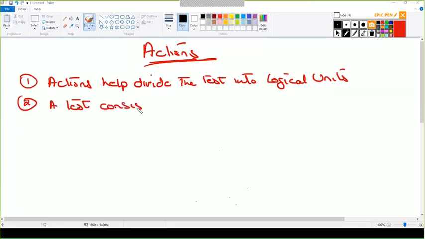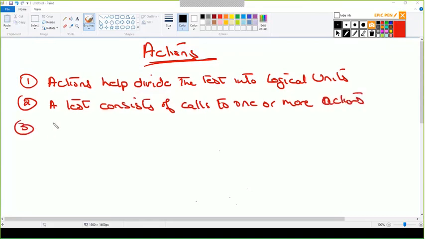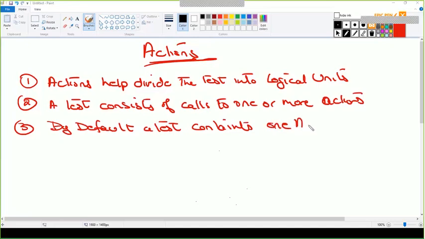Then, a test consists of calls to one or more actions. 3. By default, a test contains one action. 4.